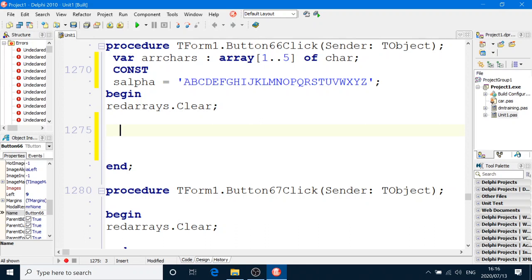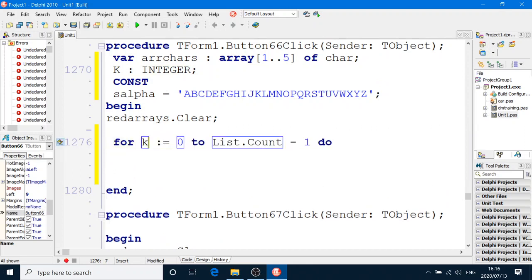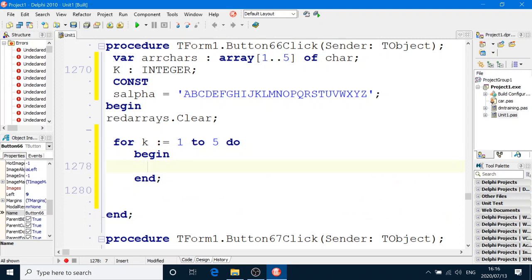Anyway, in our for loop, we're going to use a for loop to fill an array. So I'm going to use a for loop counter. Sorry about the caps lock, guys. Right, so we use a k as our for loop counter. So we say for k equals 1 to 5, do begin and end. I've got to get a random number. I'm going to do it the long way. Ran equals random